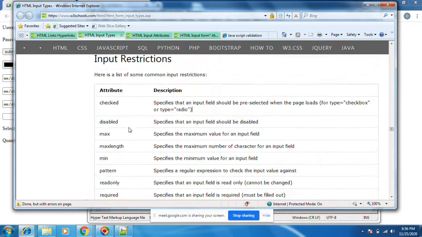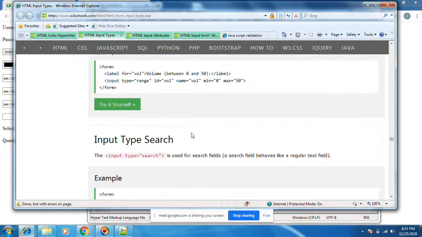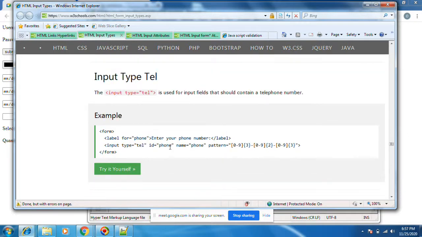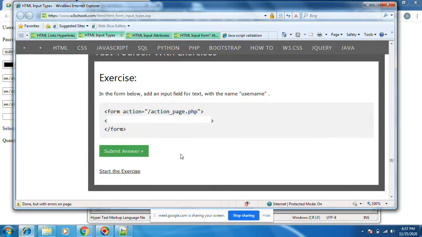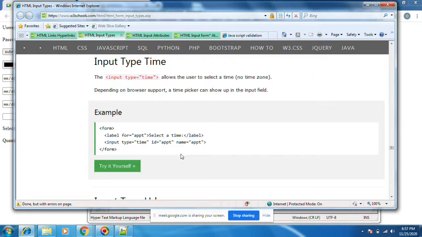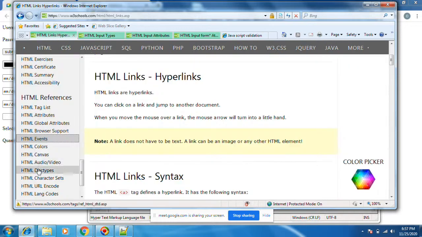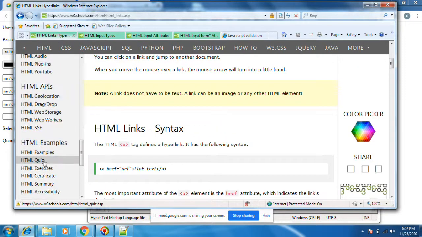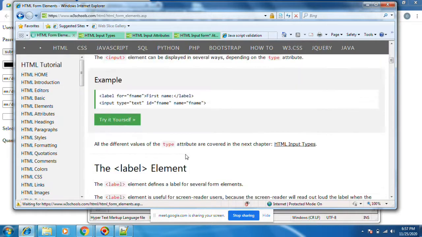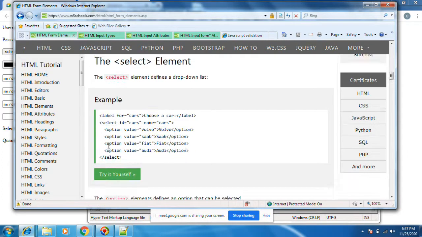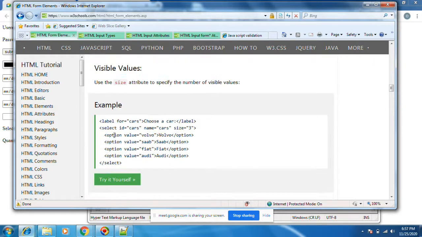Let's see how it works. This is a drop down. This is also a drop down.